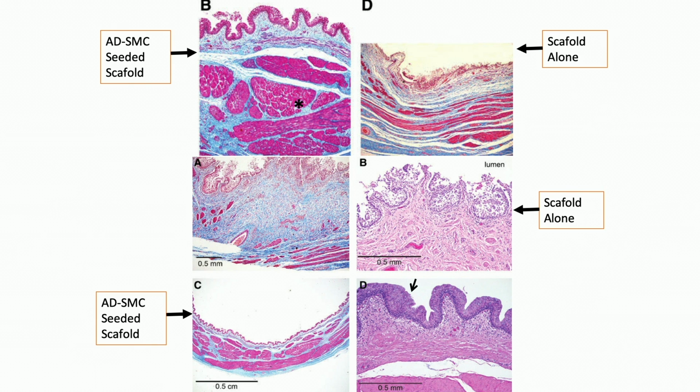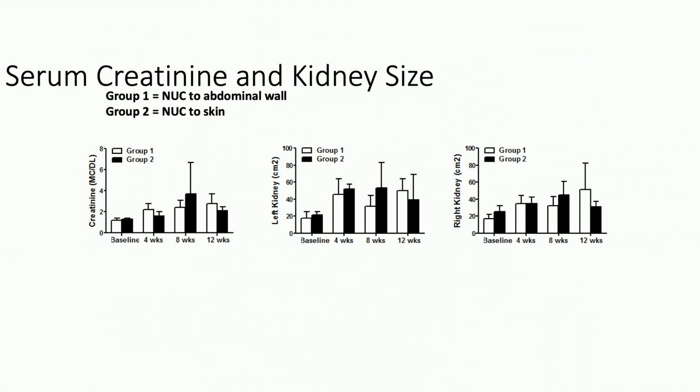But what we didn't recognize is the functionality of this. And this is retrospectively looking at this data, you can learn a lot. This is actually serum creatinine and kidney size by ultrasound, essentially looking at hydronephrosis. If you look at group 2, which is what we did in the humans, you could see at 4, 8, and 12 weeks, you see this sort of steady rise in creatinine, as well as steady rise in what is